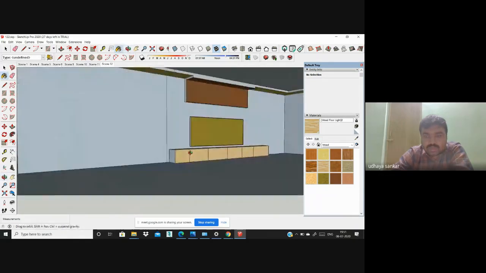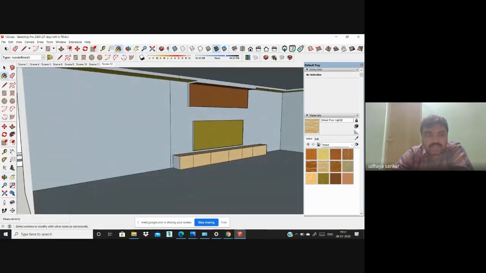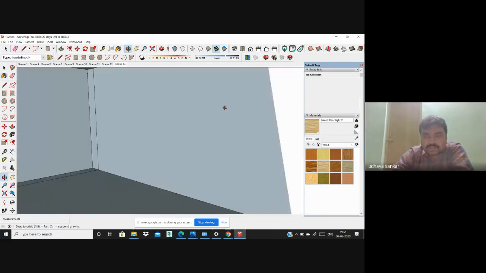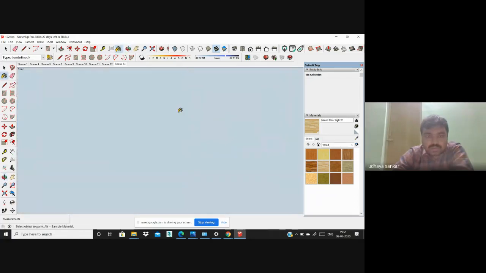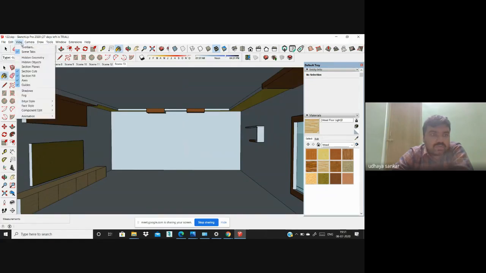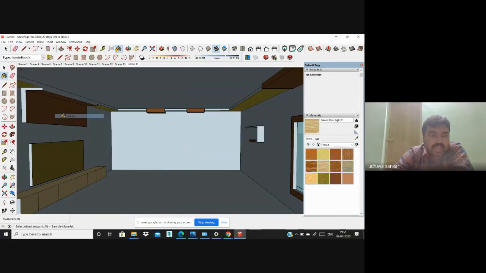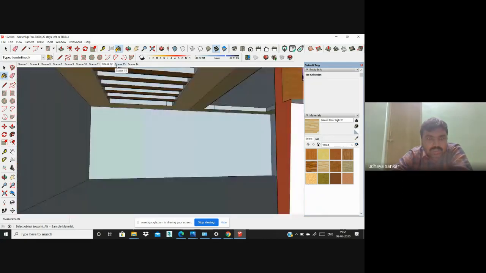Now it's created automatically. This is a bedroom. Simply go to View, Animation, Add Scene. Then this is our room. Zoom in. This is one scene. Simply go to View, Animation, Add Scene. This is our scene 12, scene 13,